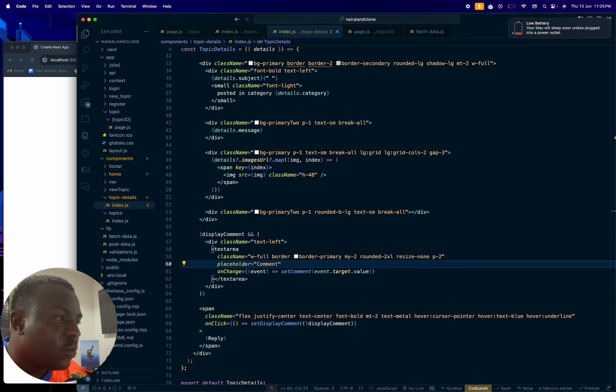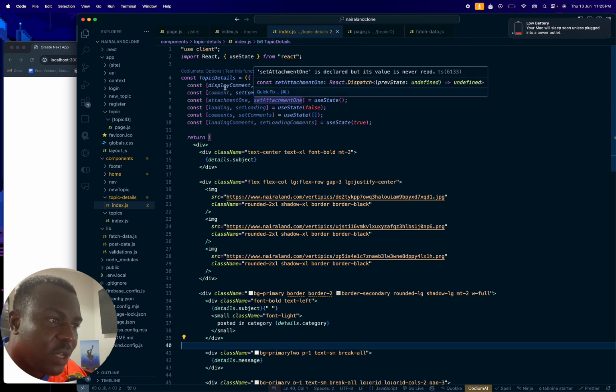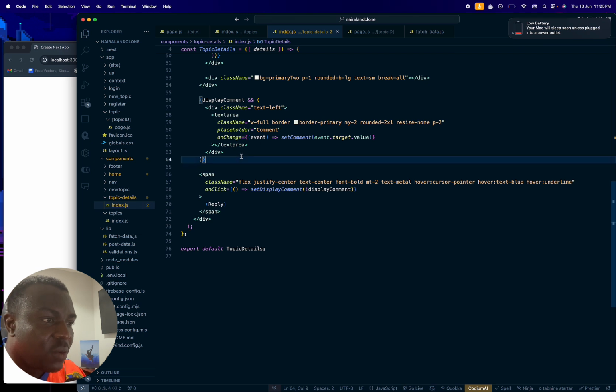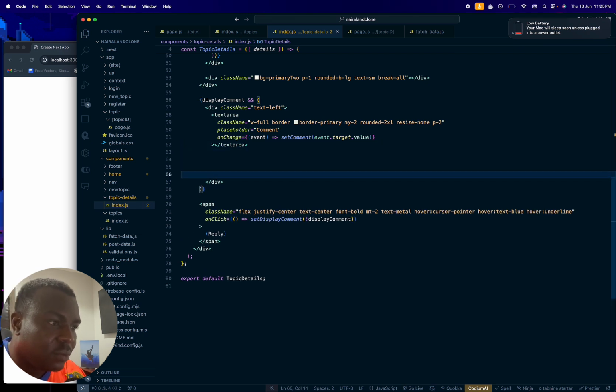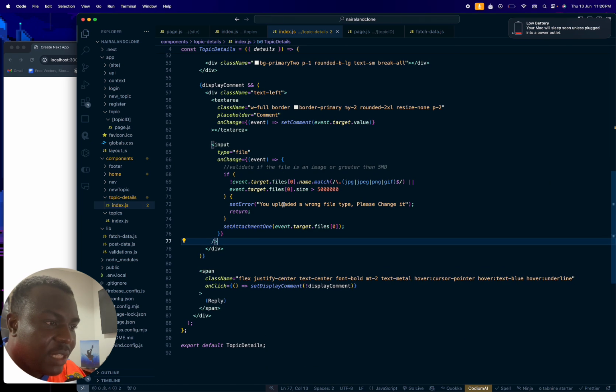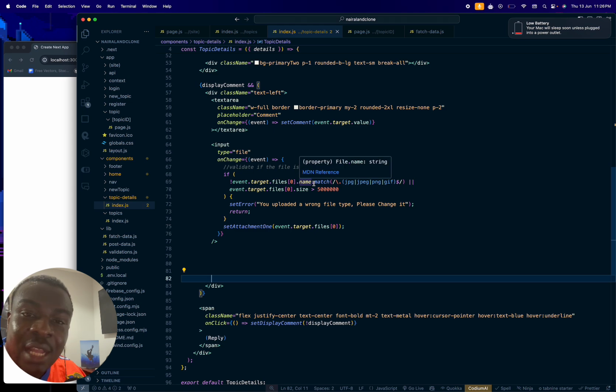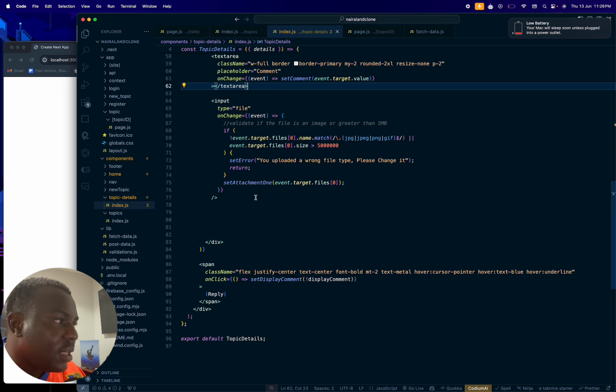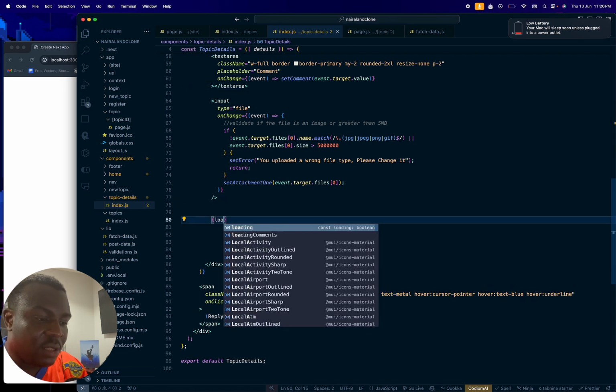Then we also want the user to be able to upload an image as well. That's why we had this set attachment 1. So with the comment and attachment 1, you're able to set a comment and one image only. Over here we're going to set an input file the same way we did the attachments when we were uploading a new topic. We're checking to see if it matches this, and we're also checking the size. Then we set it to attachment 1. Then if it's loading,